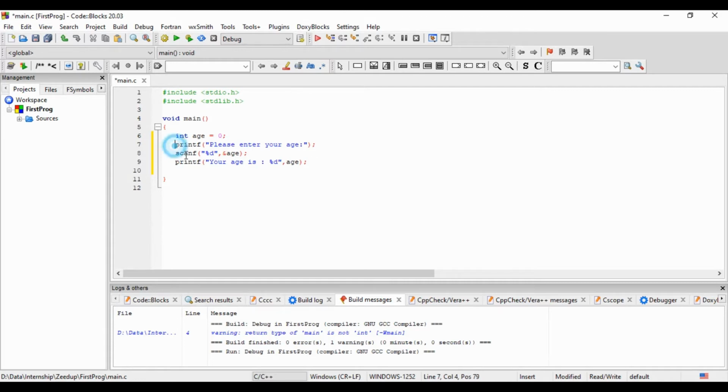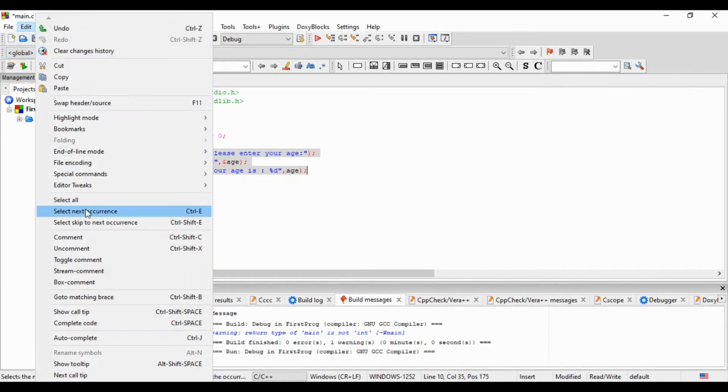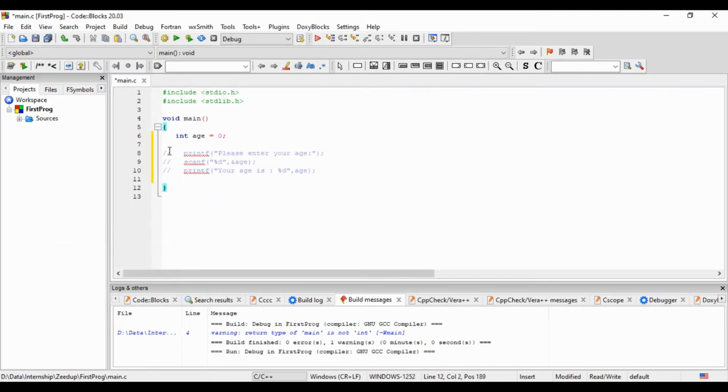Like I have written this code previously, but now in this program I do not need it. So I can select these 3 lines which I do not need, go to the edit tab, and here is the comment option. I can comment it using this option, or I can use the shortcut Ctrl+Shift+C. If I press it, you can see these 3 lines have turned gray, which means the compiler would not go onto these 3 lines and they would be skipped from compilation. This is one use of comment,